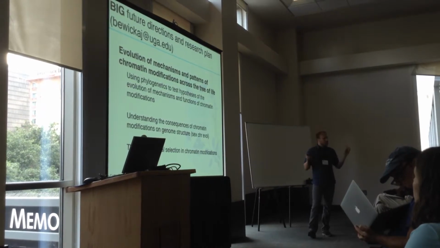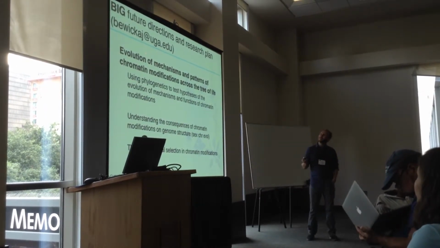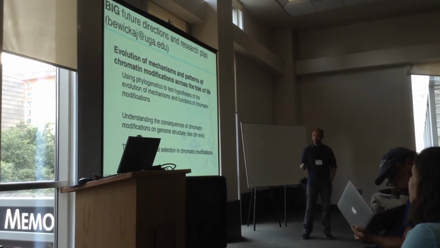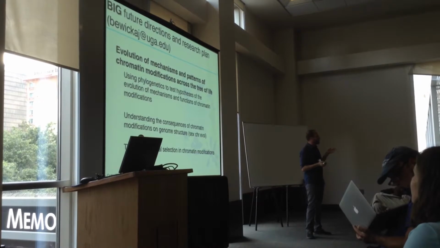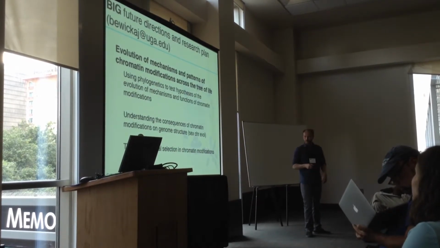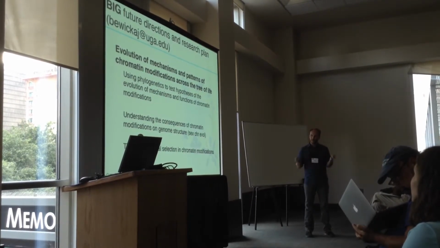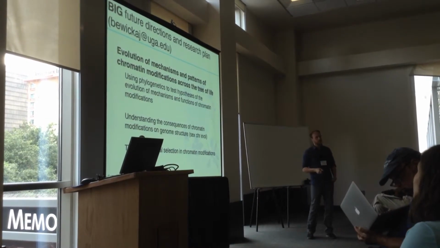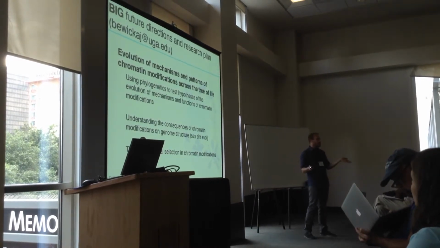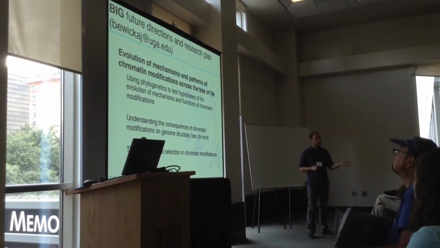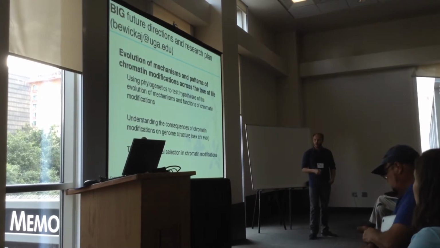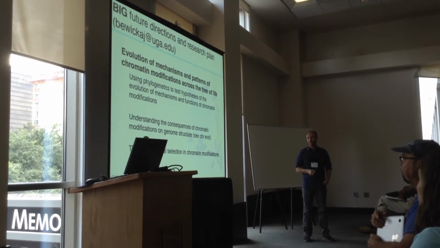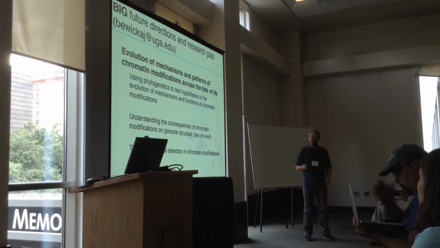So, directions and research plan, if I get a job, is to continue with this type of work, looking at evolution of mechanisms and patterns of protein modifications across the tree of life, so really bridging epigenetics and phylogenetics together. And then once I have this nice framework, we can begin to test hypotheses on how natural selection might shape function modification, looking at selection on these different types of enzymes and how that is reflected in the epigenome. I've already built up some strong collaborations with the 1KP, so 1000 plant group, the 1000 fungal group, and the 5000 insect group. Pursuing this pretty heavily.